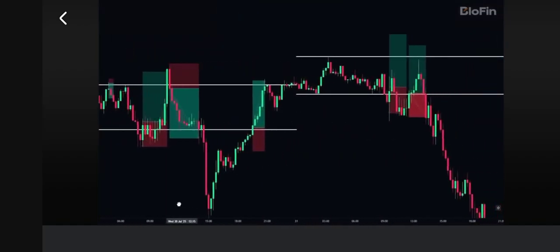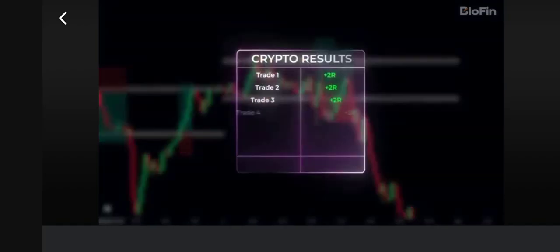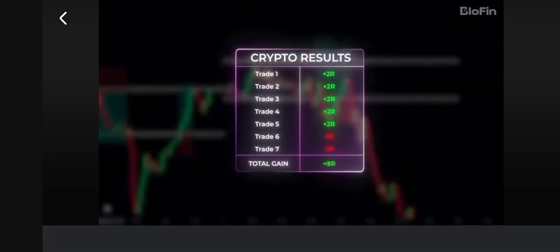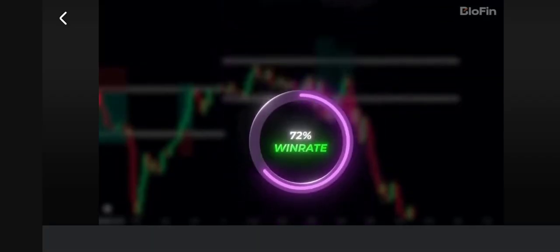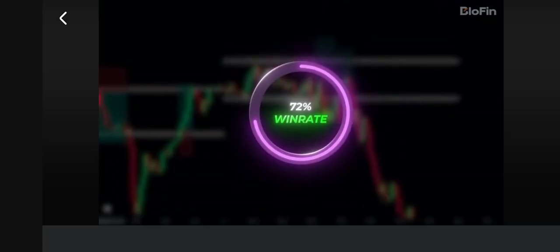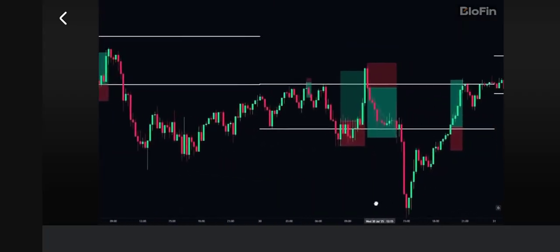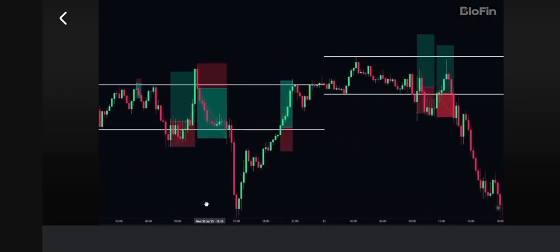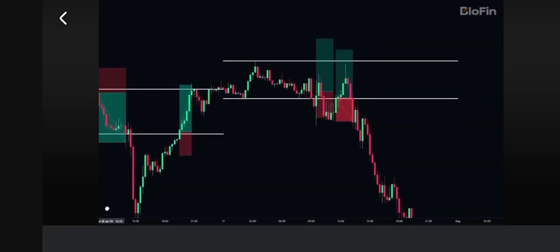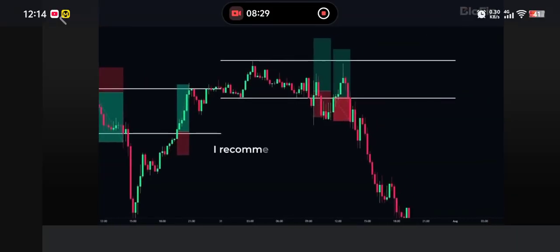Now, let's see the final results. Here you can see all the trades we backtested. Out of 7 trades we took, the strategy gave us 5 wins and 2 losses, with a total gain of 8R. That's about a 72% win rate on the crypto market, which is extremely impressive considering we only used the very basic version of the strategy. Now, of course, if we want to get a more accurate performance, we would need to backtest using way more than just 7 trades. So I definitely recommend you